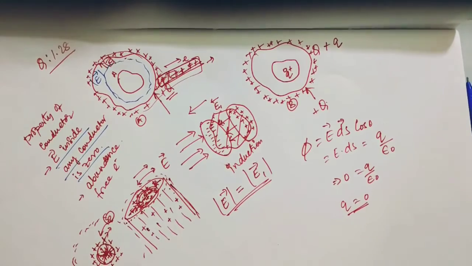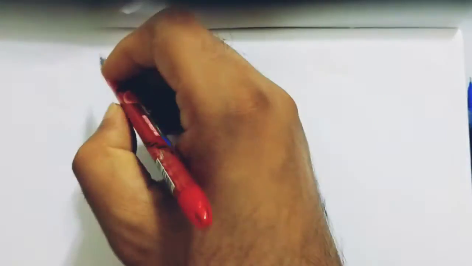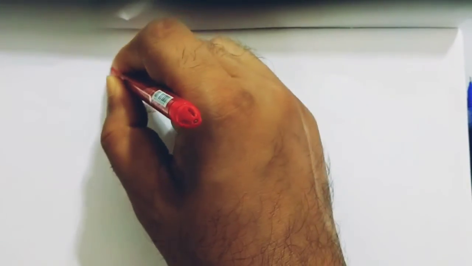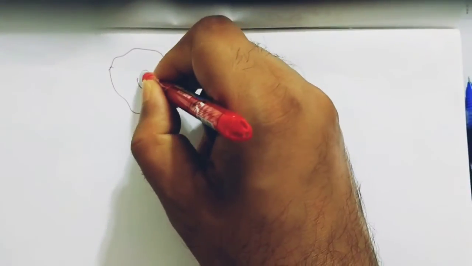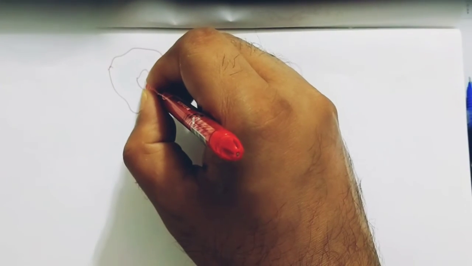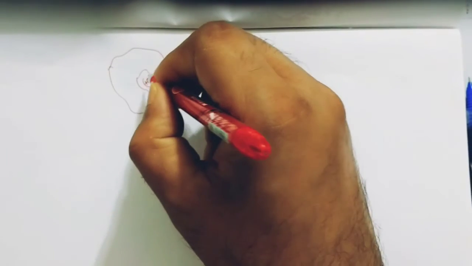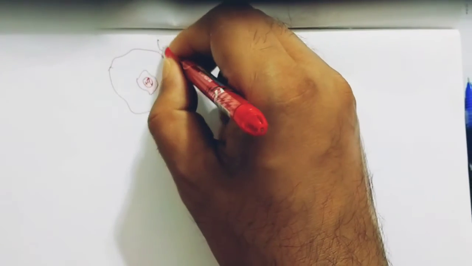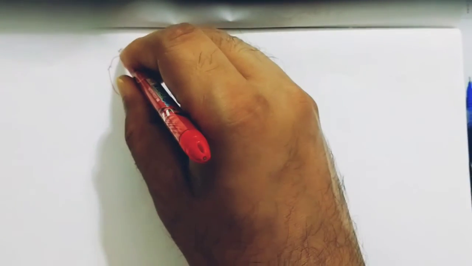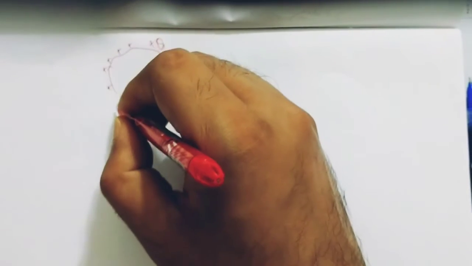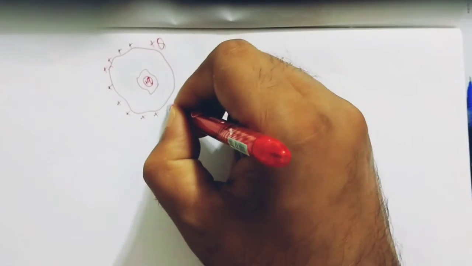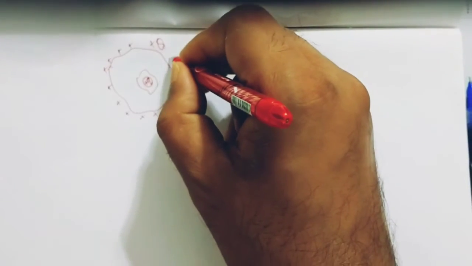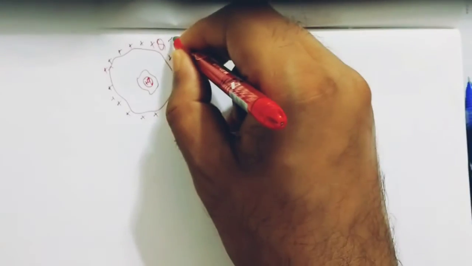Now they are saying there is another cavity. This is the same cavity. In the second case, they are saying that this is a conductor body, and it has a cavity. But we have put some charge inside the cavity, a positive charge, and earlier it was charged with a positive Q charge. And now they are saying that you need to show that the outside charge will now be Q plus q.